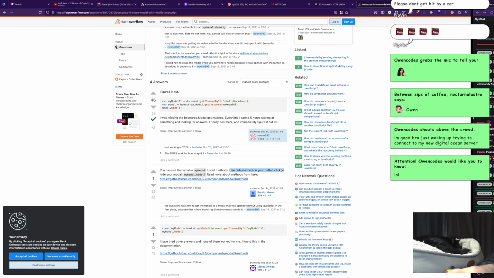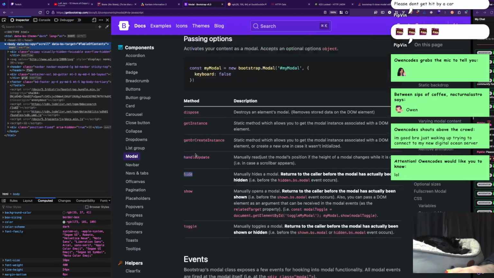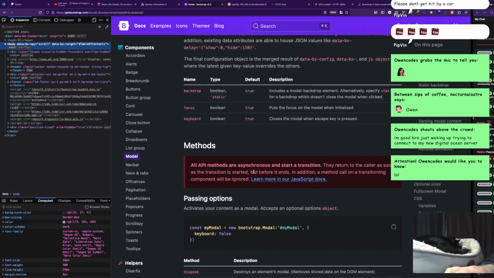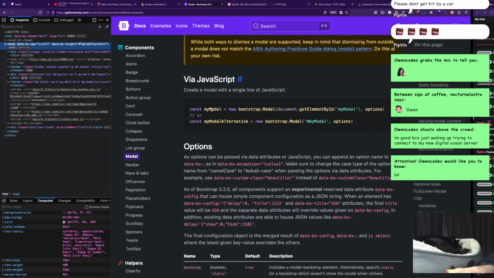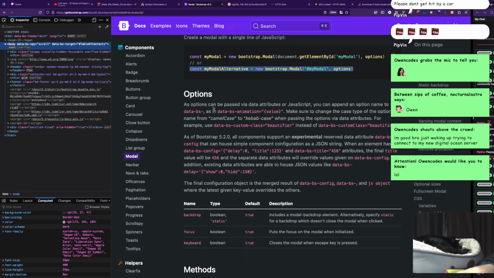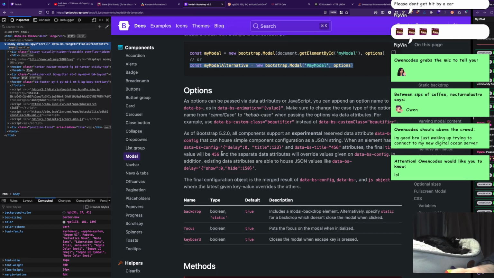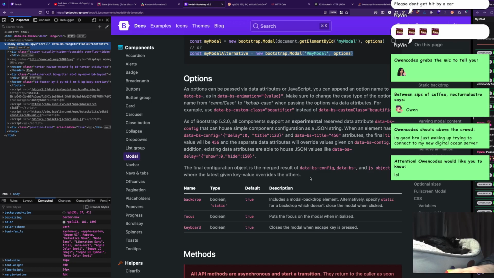Use the hide method on your button click to hide. Okay. So we're doing this. We don't need